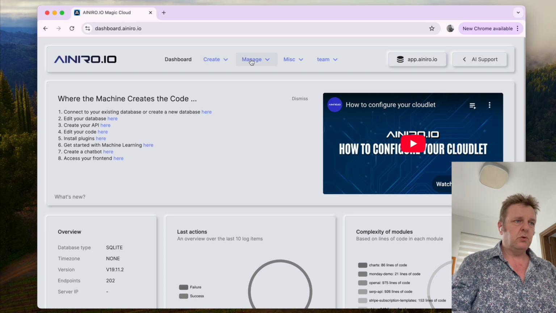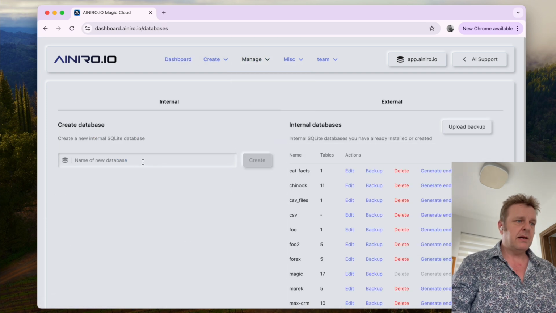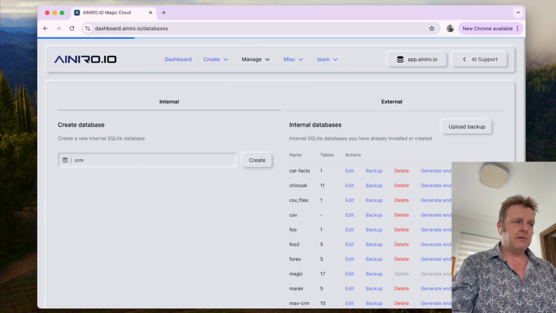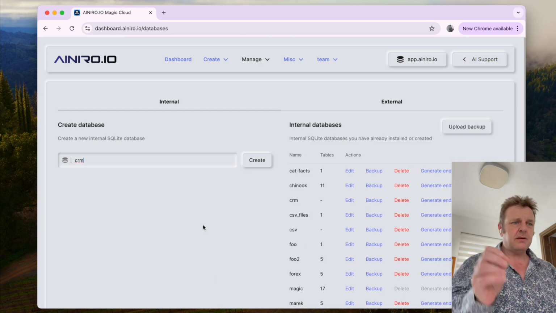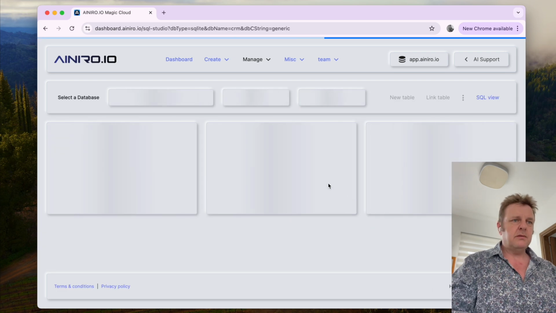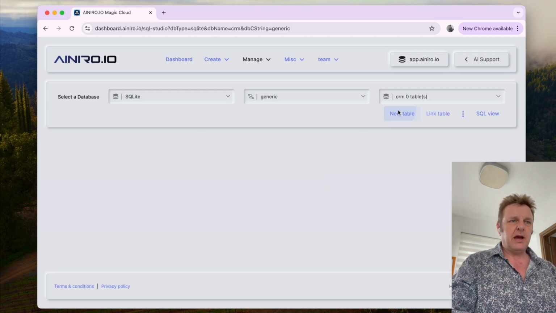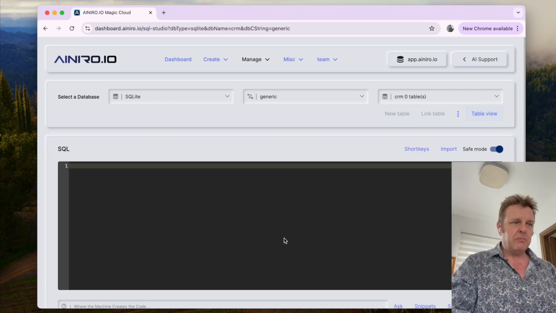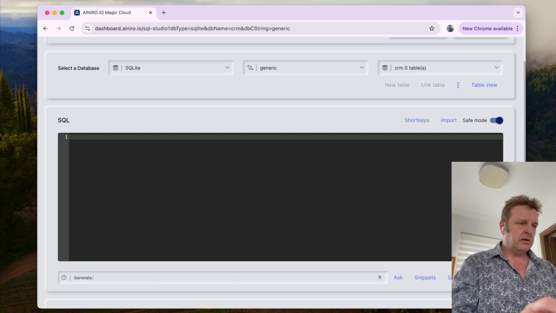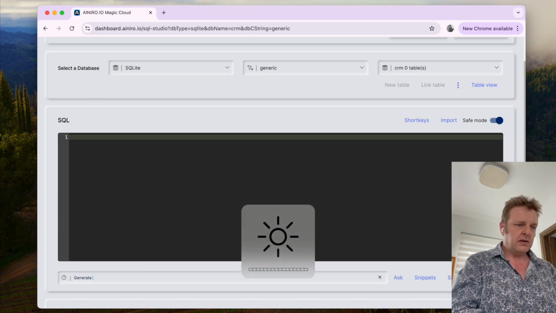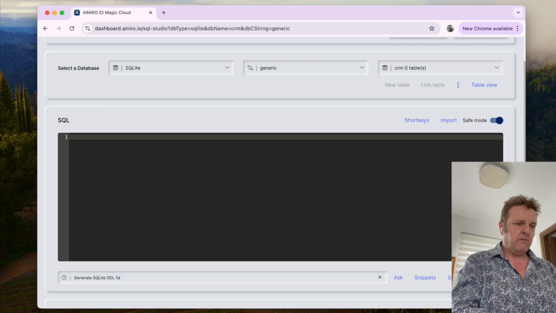So first I'm going to go to Manage, go to Databases, then create a new database, and name it CRM. And then when the database is done, I'm going to edit it. At this point I could manually add tables and manually create my schema. I'm too lazy for that, so I'm going to tell OpenAI to generate SQLite DDL for a CRM database with